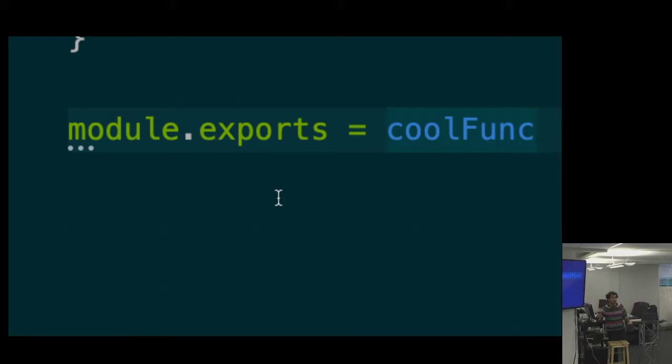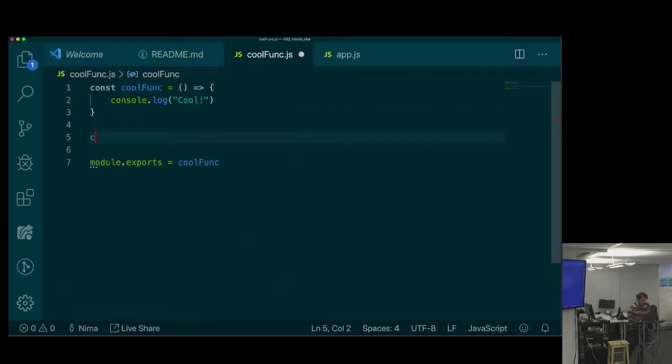But I can leverage the fact that I have data types in JavaScript that let me collect multiple things together as one thing. So if I wanted to export both cool function and const uncool function,